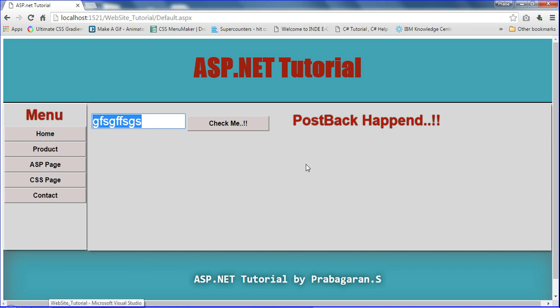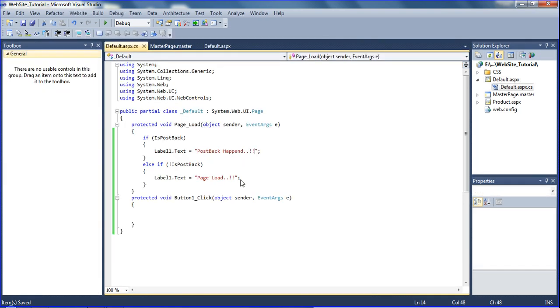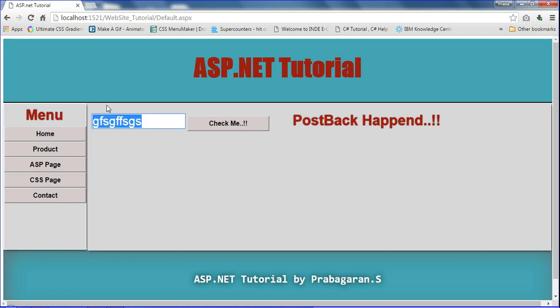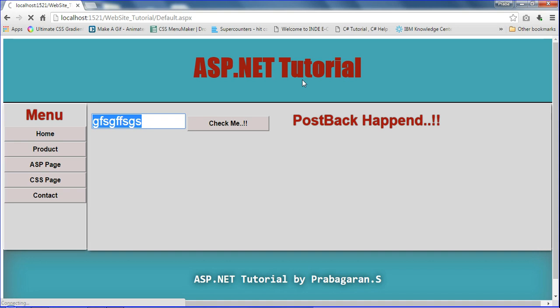The postback concept I remove from this place first of all. I am going to the C# here and highlight this one, add this, and refresh it. Continue again.